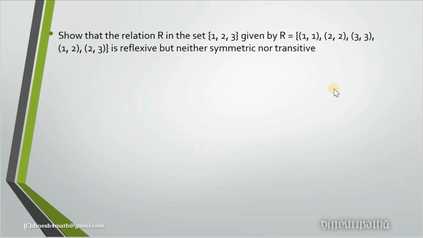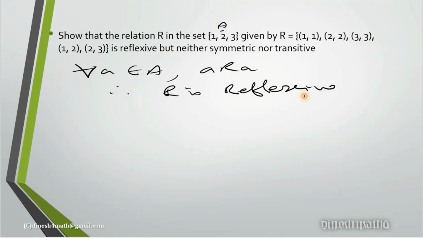So just see how we prove this question. We need to prove this is reflexive. So see the elements 1, 2, 3. You have 1, 1, 2, 2 and 3, 3 there. So we will say for every A in the given set, suppose you name this set A equal to 1, 2, 3, A is related to A for every A, right? For every A in the set, A is related to A. Therefore, R is reflexive. Because whichever element I take from the set, 1 is related to 1 and 2 is related to 2 and 3 is also related to 3.